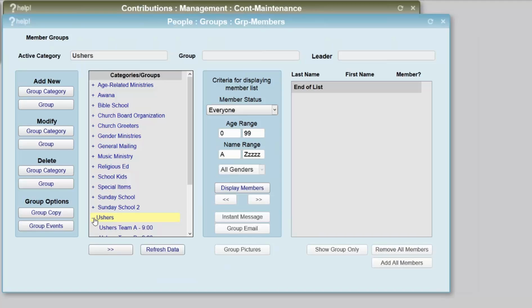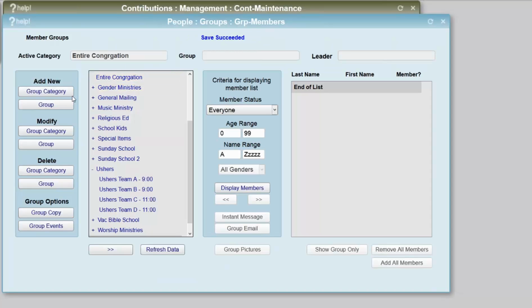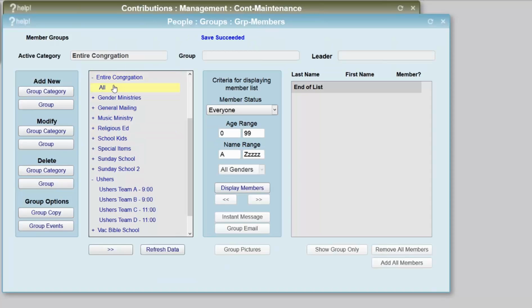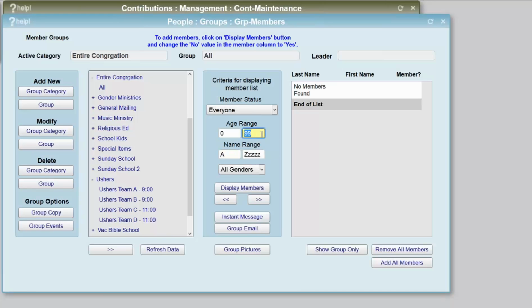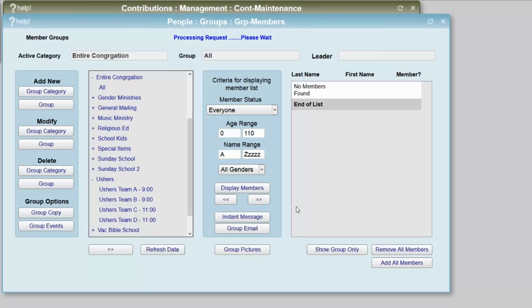I would make a group up here, and let's just make a whole new one. Entire congregation. Okay, and I'm going to make a group called all. And then I'm going to basically add all members of everyone. Actually, I don't know how old I got people, so I'm going to go to 110 just to make sure I got everybody. I'm going to add all those people, and then I can actually go into the group email